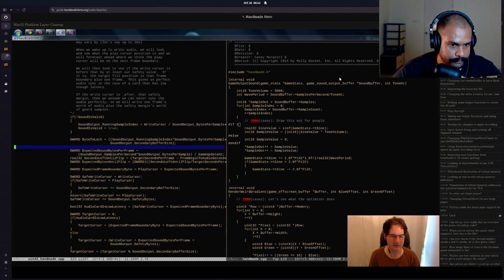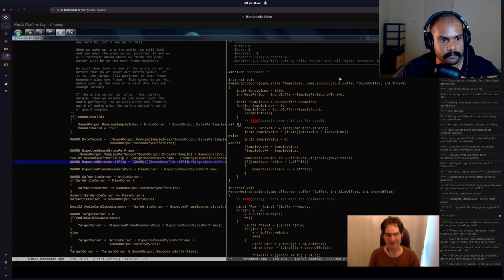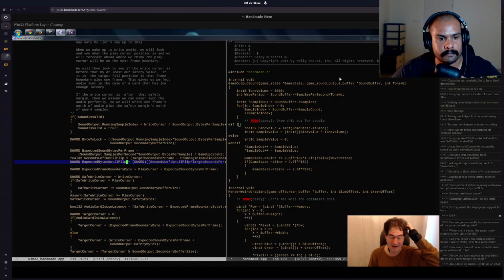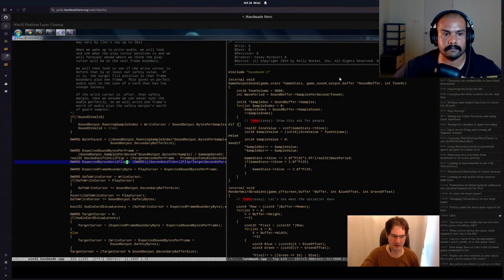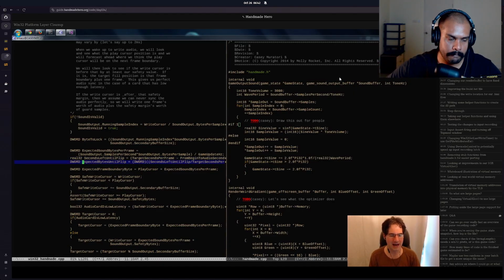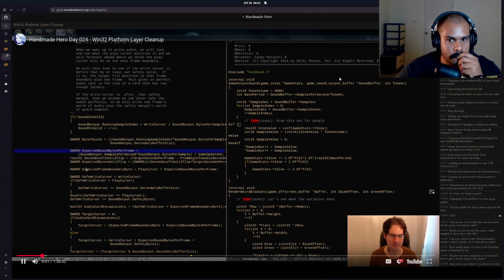So what we did is we computed a thing called expected bytes until flip, which was basically the amount of bytes in the sound buffer that we expected to be consumed by the audio card between when we were doing the computation, right here in the code, and when we actually expect the video to flip to the next frame. That's when we want our next frame of sound to start as well. We want those two things to coincide. So we actually did the work. Previously we were using expected sound bytes per